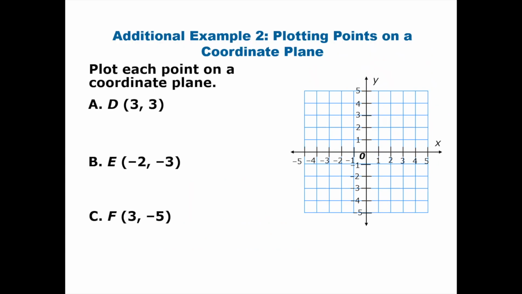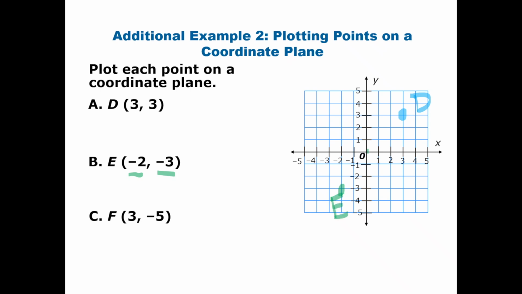Okay, so we're going to graph some ordered pairs. So this one, we're always starting at the origin. And so from the origin, we're going over 3, then we're going up 3 because both numbers are positive. And we would just have the point where that dot is. That would be point D. For point E, again, we always start at the origin. This time we have a -2. So that means we're going to the left 2, and then we have a -3, so we're going down 3. So we would make a point right here,